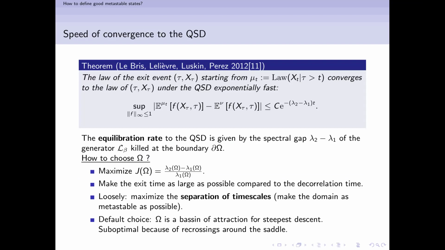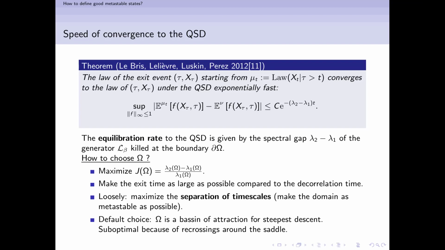The second theorem that makes the mathematical link, and that answers your question about the bias, is the following. If you condition on being stuck in the state for a certain time t, then the difference between the law of the exit event you sample, starting from this conditioned law, and the ideal thing you want to sample, is exponentially small. Basically, if you stay stuck in the state, you converge to the QSD exponentially fast,